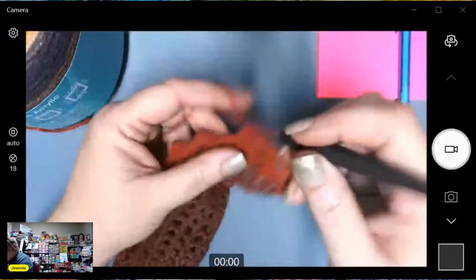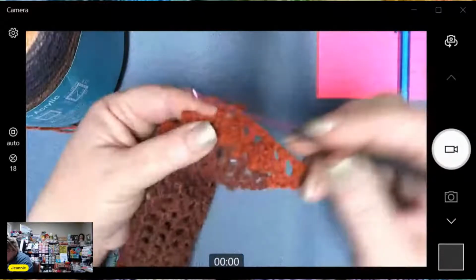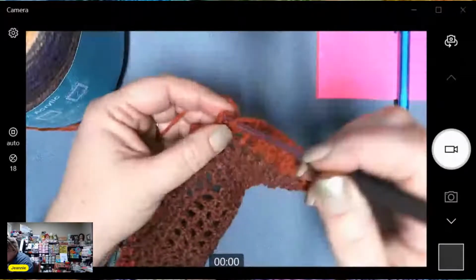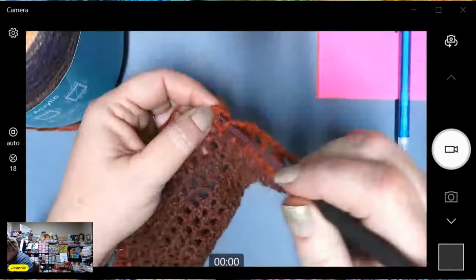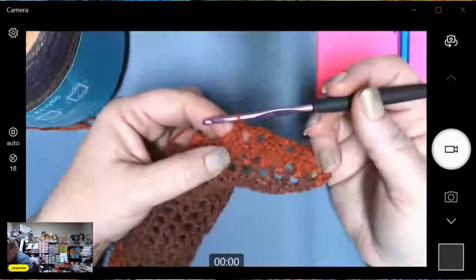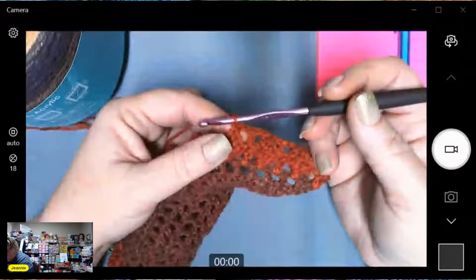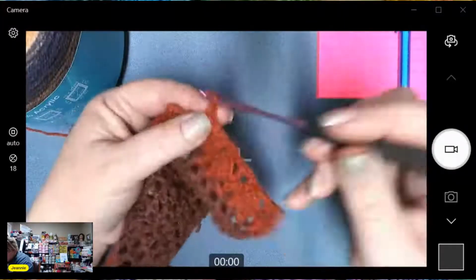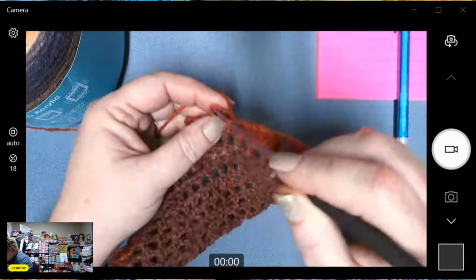Chain 1, double crochet in the next double crochet. Chain 1, single crochet in the top of that third chain of our chain 3 that we made to form our block. Double crochet, chain 1, single crochet in the top of that chain 3,